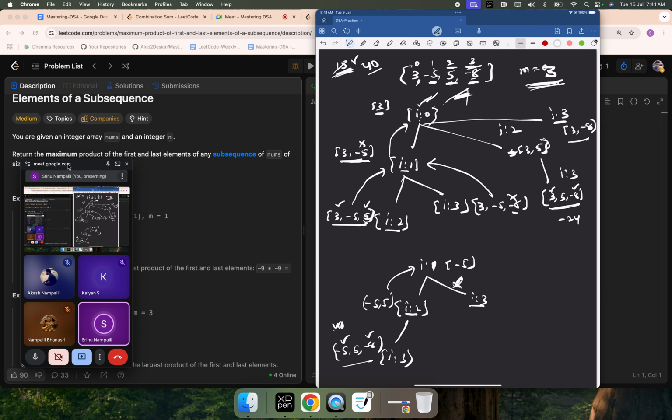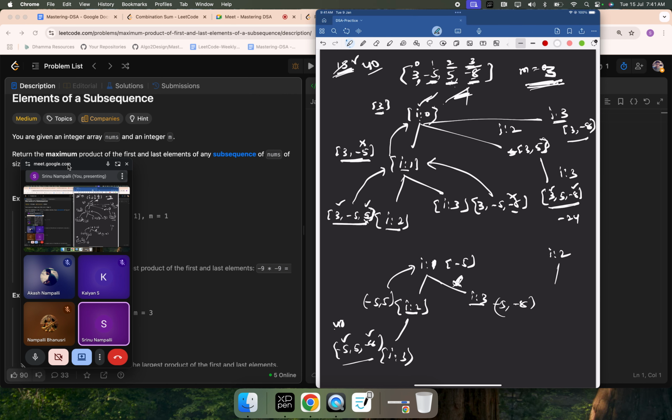So here you have -3, right? My index 3 value is -8. Now, of course it is not generating a subsequence, so it is not equal to m size. You don't consider it. Similarly, if I try with index 2, obviously from index 2 to the last index, you